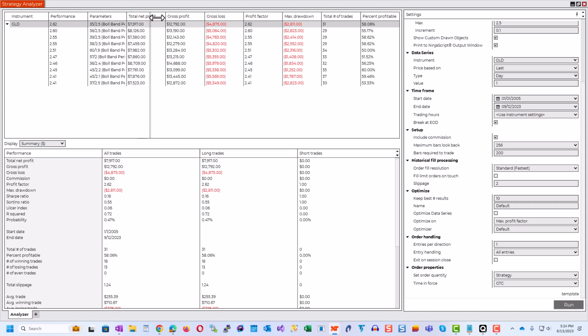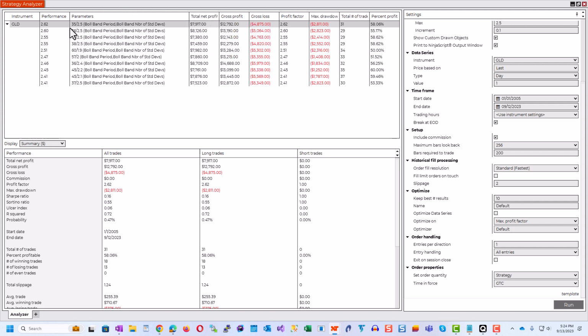And what was that for? That was for a moving average period of 35 right there. And if you can see it in the video, the standard deviations is 2.5. This is the top 10 parameter sets. And let's see, our default moving average period was 26. It looks like the best sets were higher, more like in the 30s, 40s, 50s, 60s. And for the standard deviations, it's kind of all over the map. You have a 1.9 here, you have a 2.5.